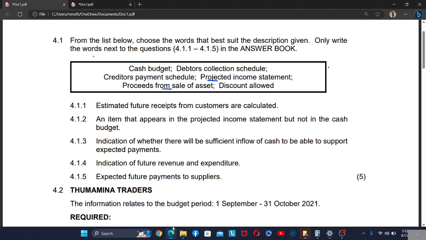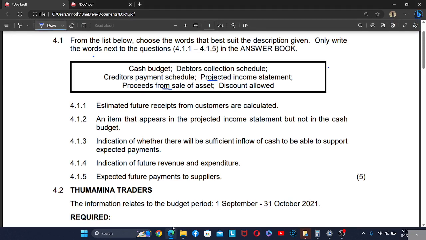Good day. Today we are going to focus on the cash budget. So we are saying from the list below, choose the words that best suit the description given. Only write the words next to the questions. Okay. Then they are saying